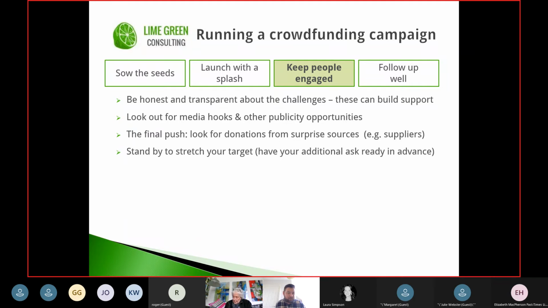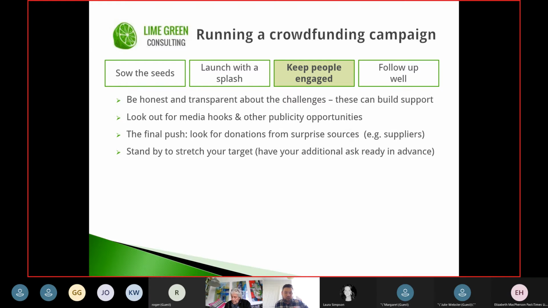A few people have mentioned local media and radio as well. Do make sure you're getting in contact with anyone, particularly if you're nearly there to your target. It might be that the local newspaper wants to get involved at that point, but also maybe look reactively for any media hooks and things that are happening in the news that give a fresh angle to your campaign. So one example I'd give, I've worked previously with a learning disability charity, and quite recently you